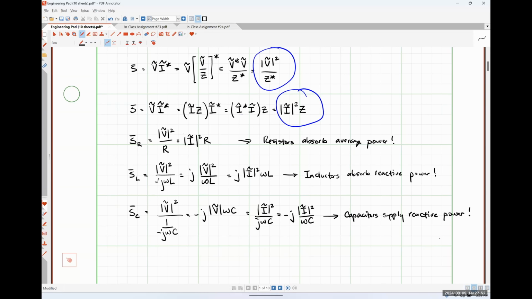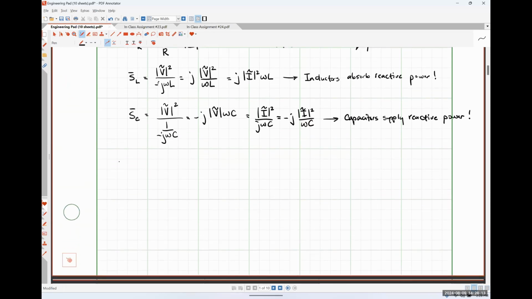But before we're able to do that, let's talk about what power factor itself means, because that's something that I've mentioned a few times to this point. We call the angle of the complex power the power factor angle, so it's probably a good idea to know what power factor is. So power factor is a measure